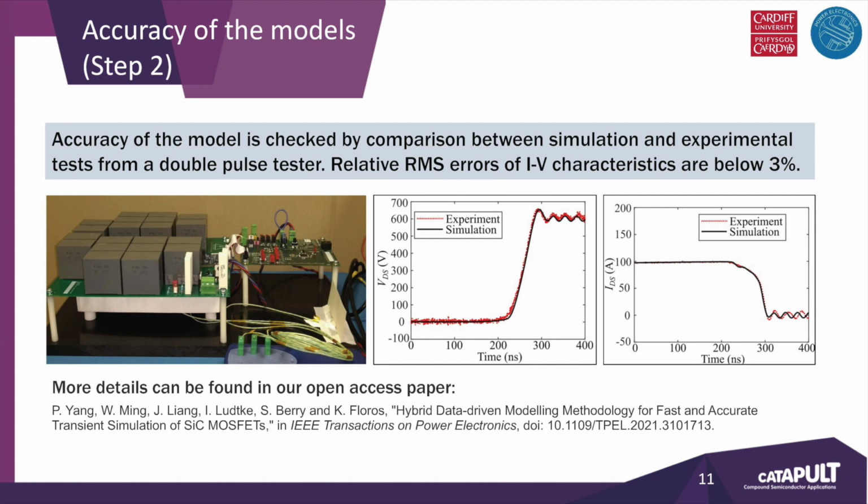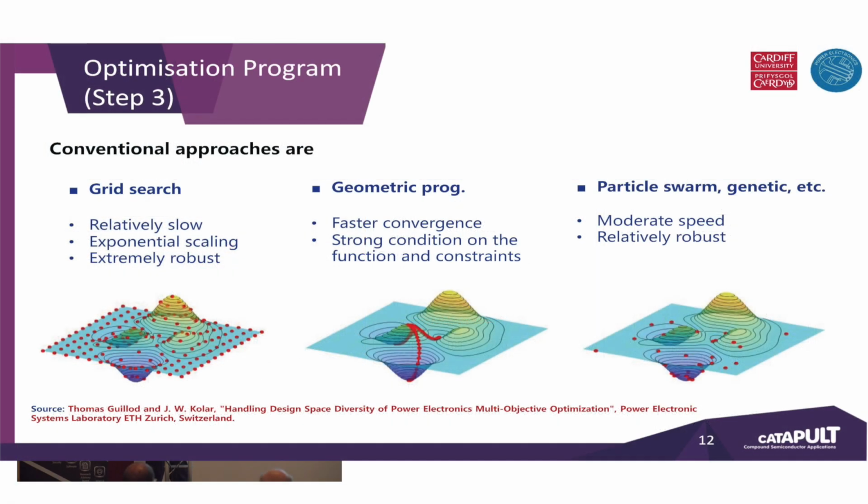So that is about really step 2. So moving to step 3, as I mentioned, we are not optimizing the whole inverter at one point, but we are talking about tens of thousands of points, the mission profile, that kind of stuff. Then the most traditional thing we can do is a grid search,